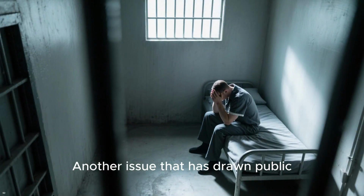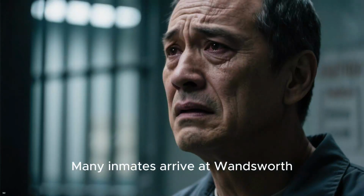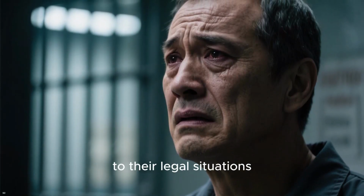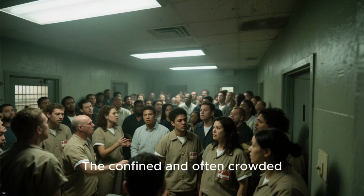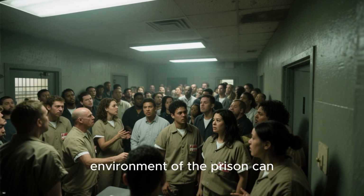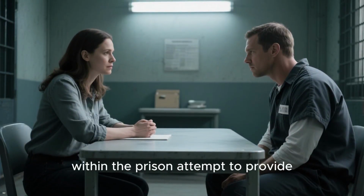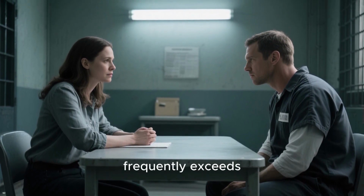Another issue that has drawn public attention is the mental health of prisoners held within the facility. Many inmates arrive at Wandsworth already dealing with psychological stress related to their legal situations, family separation, or past trauma. The confined and often crowded environment of the prison can intensify these pressures. Mental health professionals working within the prison attempt to provide counseling and treatment, but the demand for services frequently exceeds